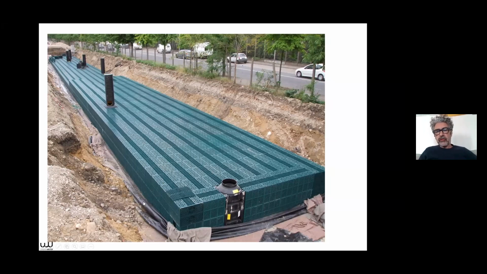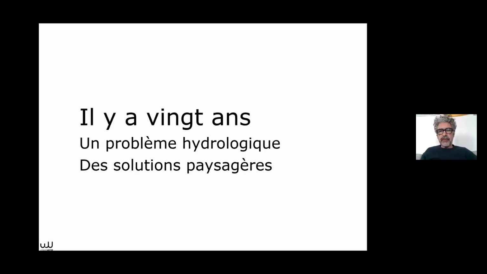You've got this sponge-like structure. It's currently being built. You put a tarpaulin over it, then you cover it with soil, and it's a bit like a big tank in the ground. Cars can drive over it. It's quite resistant. It's very practical. But in reality, it doesn't work very well. It's not durable. It's not lasting. And from an urban point of view, there's no advantage of having this kind of structure.